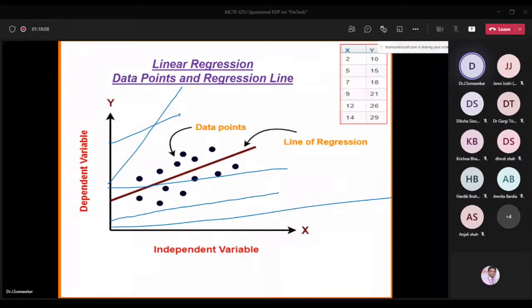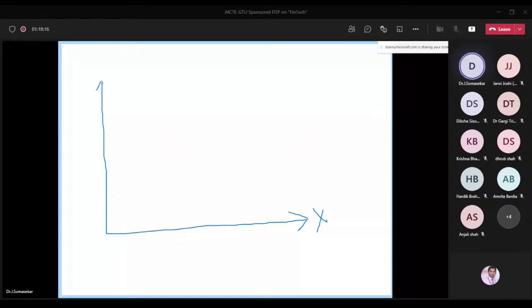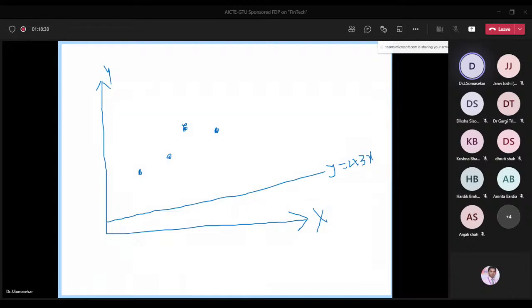So here, let us assume this is the x value and y value. Suppose the data points are like this. This is one data point, this is one data point, this is one data point, this is one data point. Suppose I find a regression line like this. What happens? These data points are not touching this regression line. The regression line is 2 plus 3x. So what does it mean? I can't go for forecasting a new y value, because these actual data points and the regression line are nowhere connected. So this is the worst regression line.